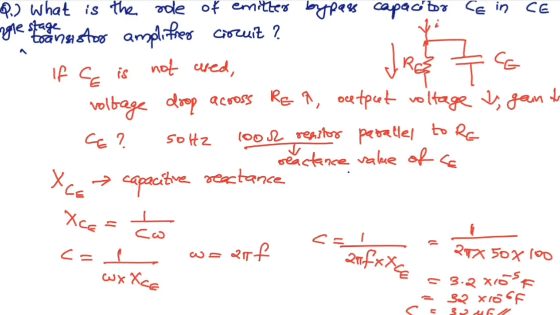We know that up to this point total emitter current is the sum of DC current and AC current. So we are going to find out the contribution of DC and AC. For that, let us assume that the resistance across the emitter is 1000 ohm and the capacitive reactance across the capacitor is 100 ohm.